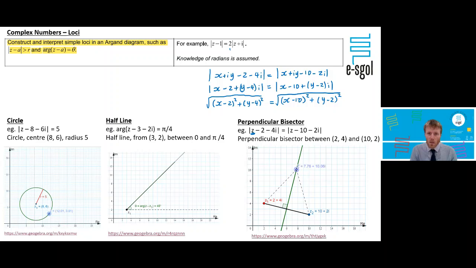Just be careful, if we look at the specification here, they've put an extra 2 in front there. Imagine that I put an extra 2 in front here and an extra 2 in front here. When you went ahead and squared this side and squared this side, you would also need to make sure you square that 2 in there. Otherwise, it's all going to go wrong. So that 2 will turn into a 4. Now,